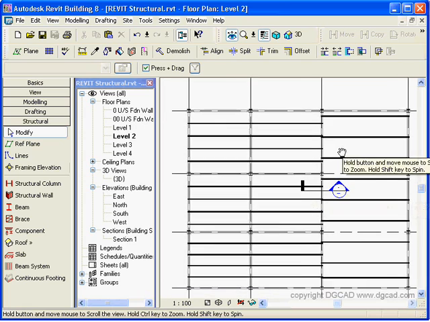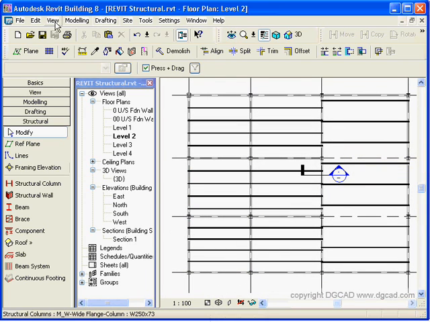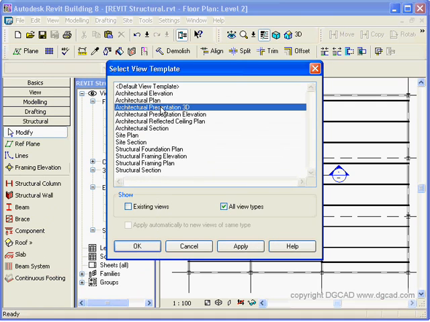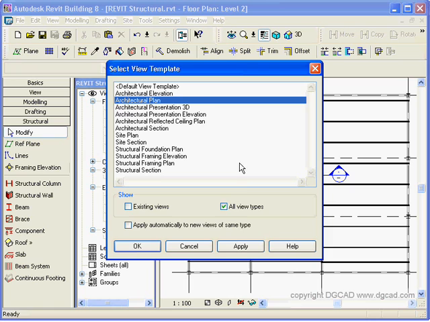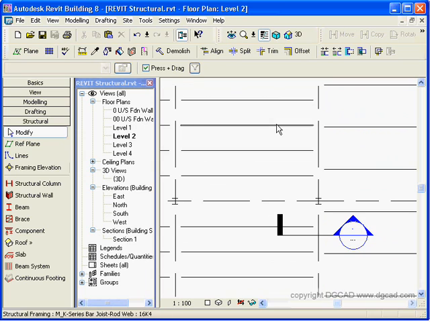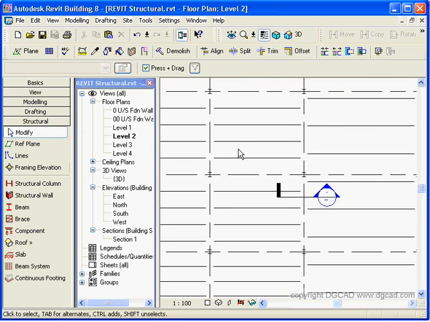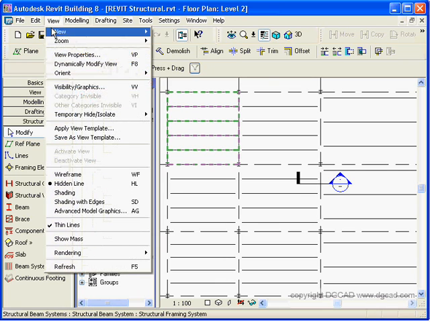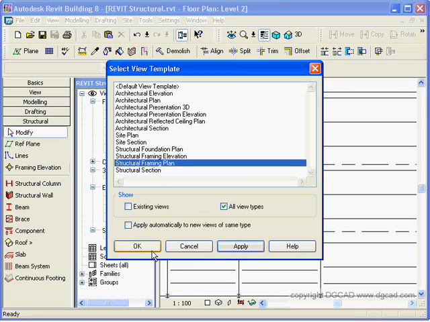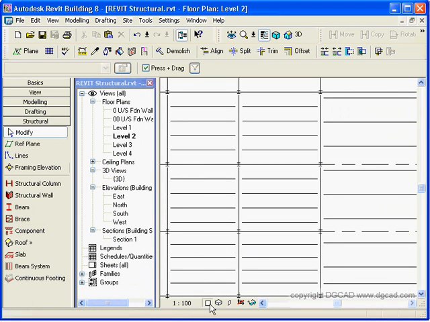And on another note with regards to visibility, I'm just going to switch back to a floor plan here. Now remembering that we have our course levels over here, but we can also go in here, we can say view, and we can say apply view template. Because certain things are turned on and off, be it architectural or structural, different things want to be shown. So we can go into apply view template here, and inside of here you can say architectural presentation elevation, architectural plan, hit apply and hit OK, and then architectural plan is going to show the joists and supports as just single lines. We go back to here, view, apply view template, and we go back to structural framing plan